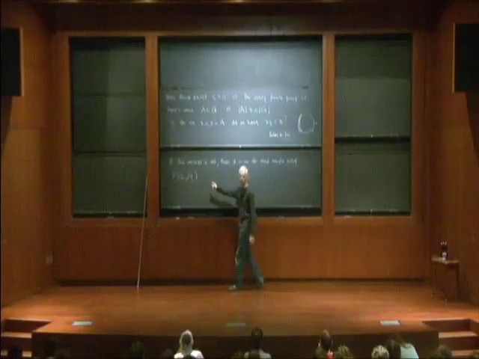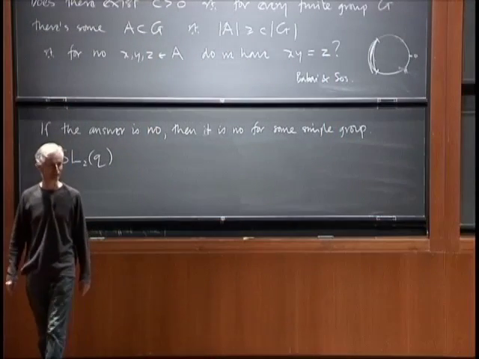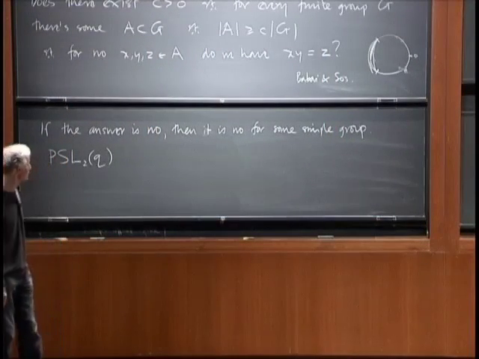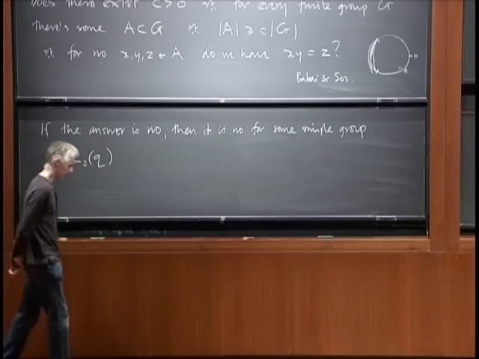So this was just a nice family of groups because you've got 2 by 2 matrices. You can sort of think of them fairly concretely and so on. Now, another thing to think about is